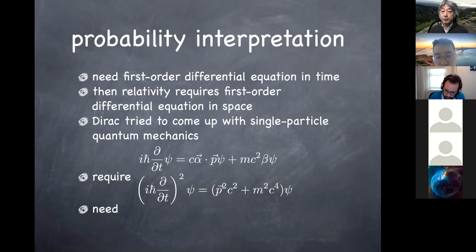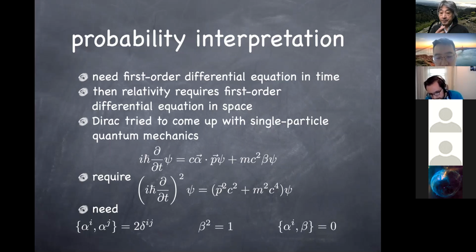In order for this to be true, you find the requirement that alpha actually anti-commutes and squares to 1 when i and j indices are the same. Same is true with beta. Beta squared is 1, and alpha and beta anti-commute. So if this is true, when you take another time derivative on the left-hand side of the equation, the right-hand side has this differential operator, because p is a derivative operator, and you get the square of that.